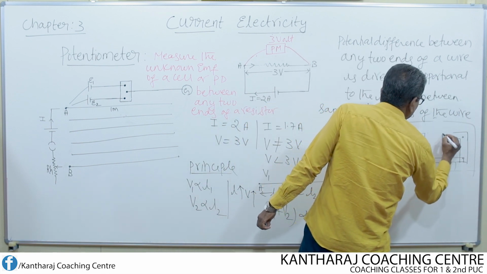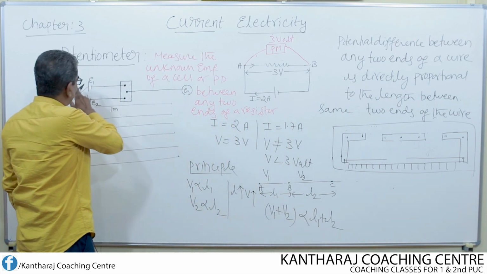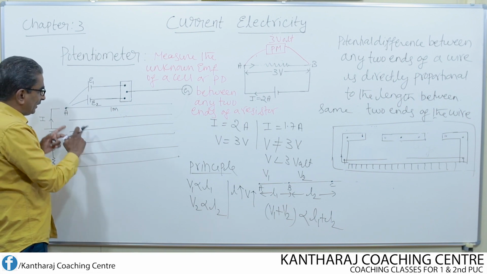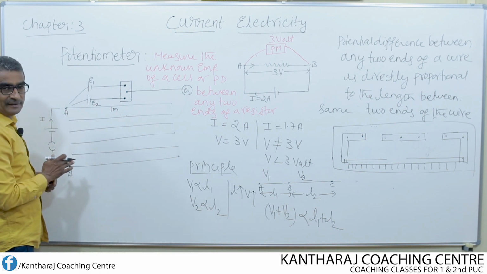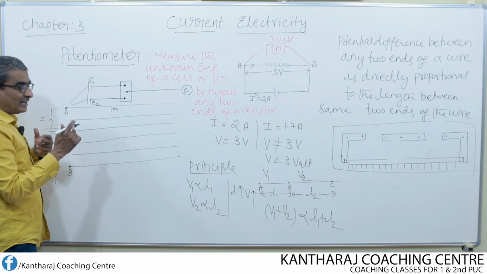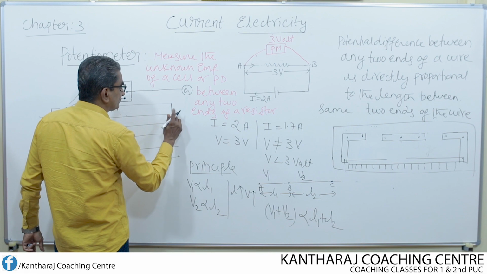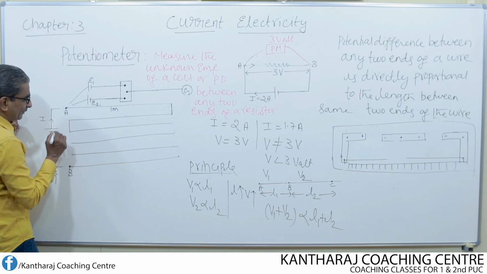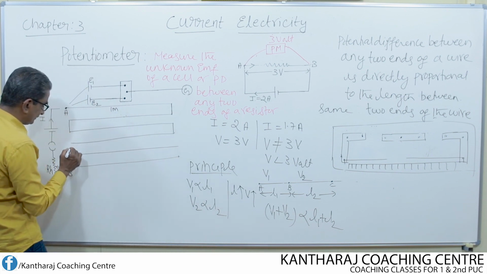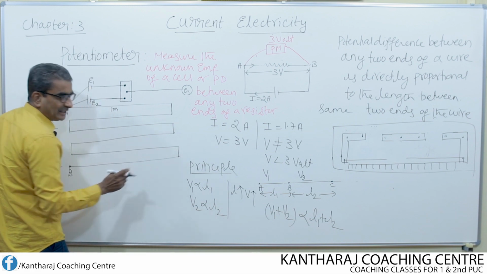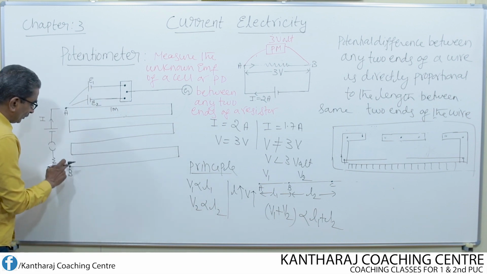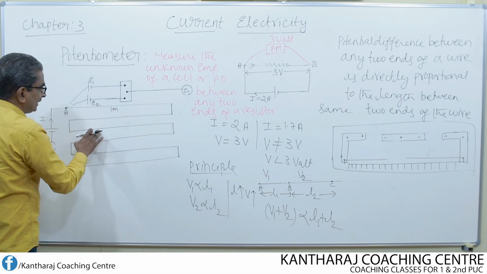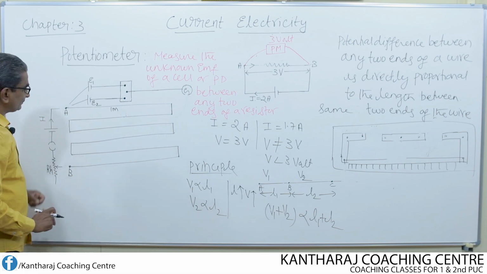Similarly, here in case of potentiometer, all these are the additional things we are connecting, because potentiometer consists of only several number of wires each of length 1 meter arranged parallelly. But these wires are connected in series. How? By means of copper strip. These two wires are connected by means of one copper strip. Again, these two wires are connected by means of one copper strip. So it goes like this. So finally, we are left with only the two ends of the wire A and B. So this is only the potentiometer, wires with copper strips on a long wooden board.